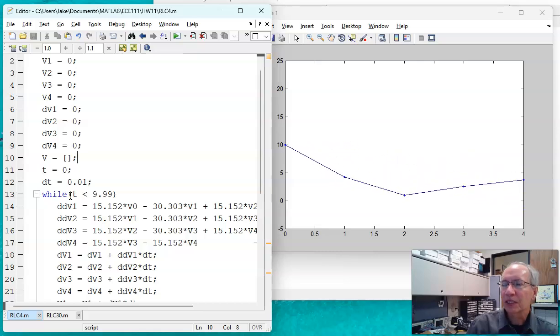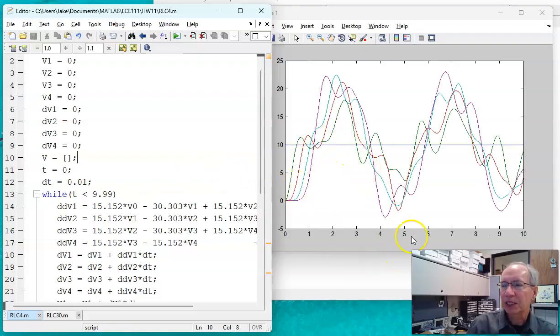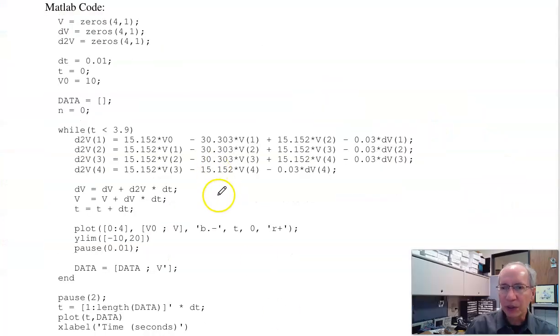On the homework, it's kind of hard to print out animation. So if I just plot the voltages versus time, here's time in seconds, voltages, that's what they're doing. Okay, it just bounces around. That's how the heat equation behaves. Very, very different than the heat equation. That's how the wave equation behaves. Okay, so going back,